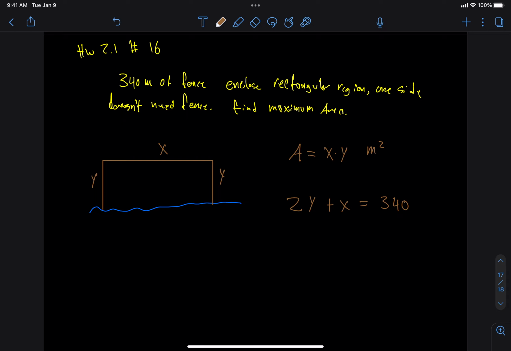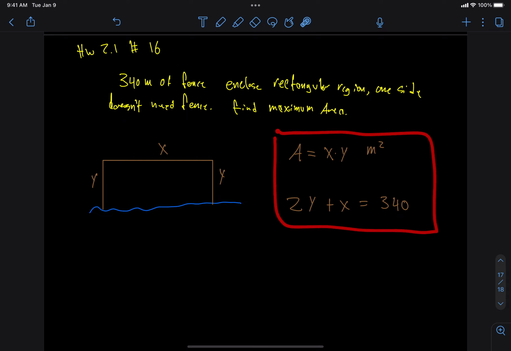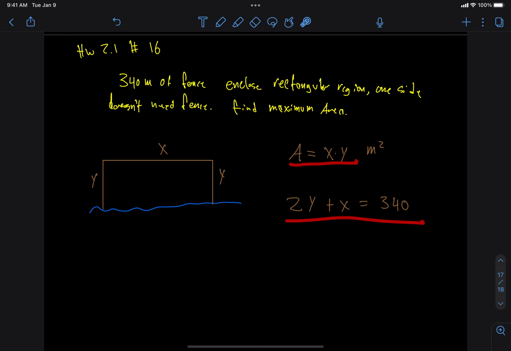So these are my two equations, right? And now your goal is to find x and y which maximize the area, okay? So what you want to do is maximize the area, but this is an equation in 2 variables. How to maximize it is not clear, right? But there is a relationship between the variables that you're using. Namely, 2y plus x is equal to 340, which means that you can actually solve for